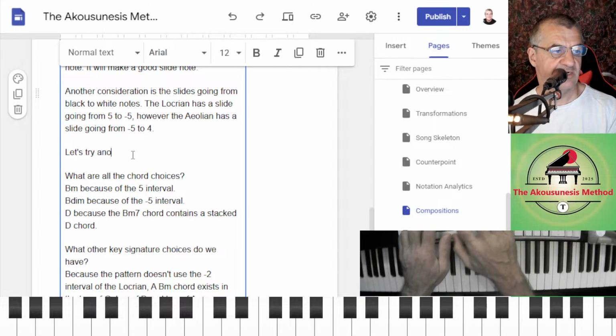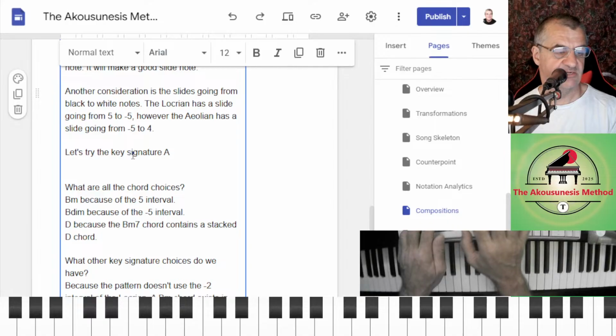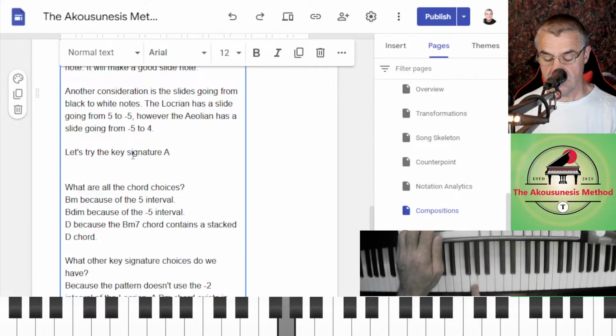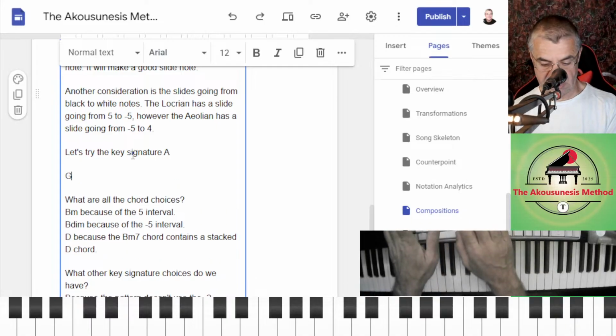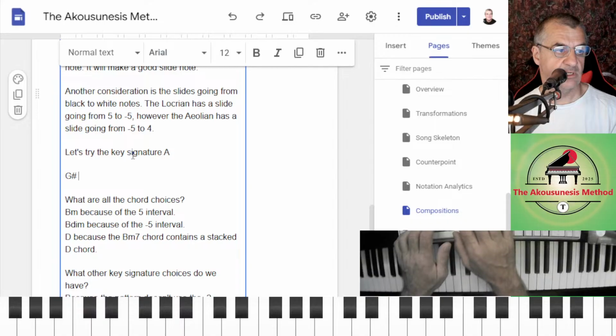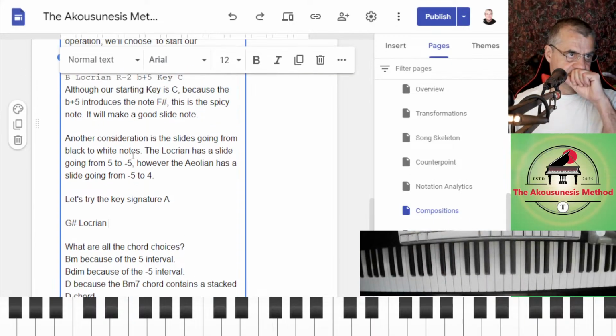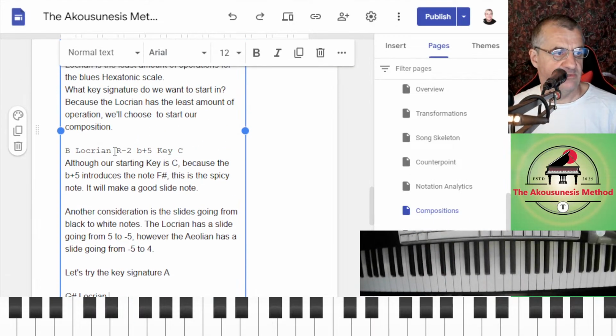Let's try another key. Let's try the key signature A. So it's going to be G sharp Locrian.